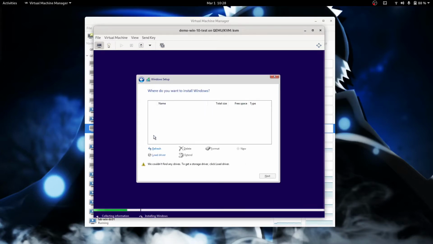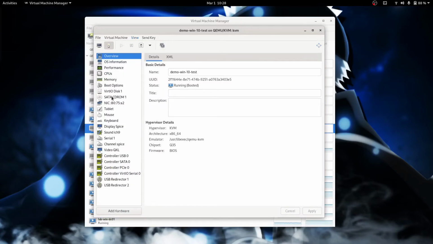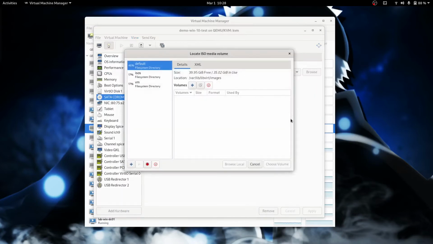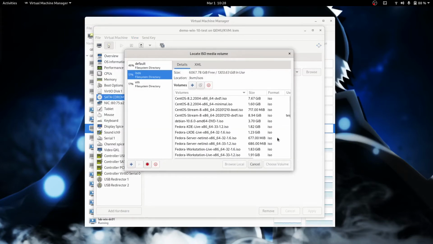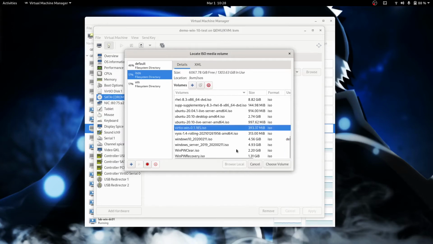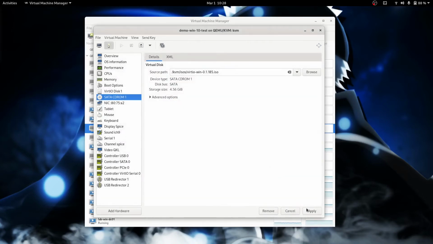And we don't see a disk. And remember, this is because we chose the VirtIO type of disk. So what we need to do is install the VirtIO drivers at this step, which I'm going to go to View and then Details. We're going to change the SATA CD-ROM ISO to use my VirtIO driver ISO. I'll put a link in the description as to where you can go to get this particular ISO. We'll apply it